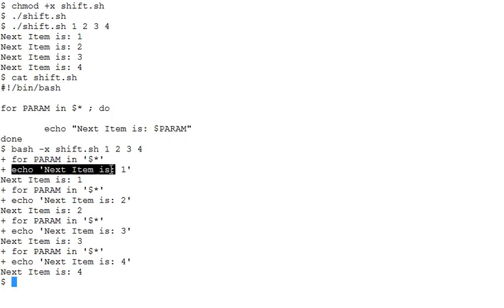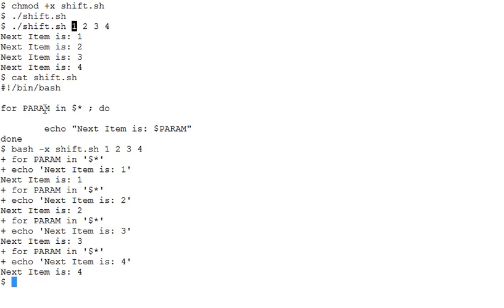Next item is $1 because $param has been replaced with the first value or the first item, which is the digit 1, in its first iteration of the for loop.